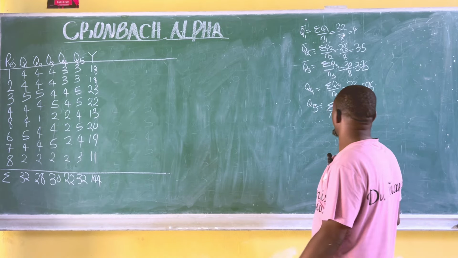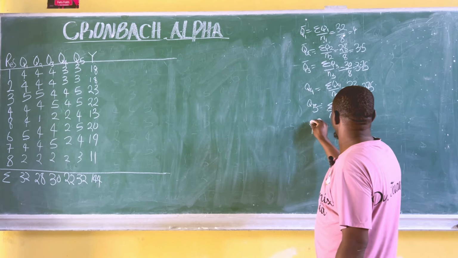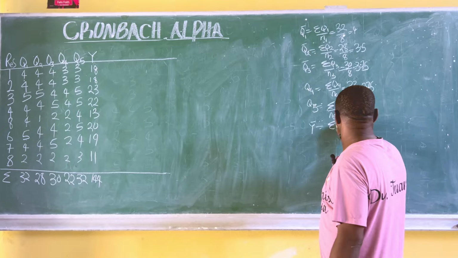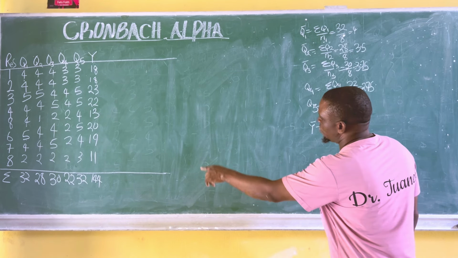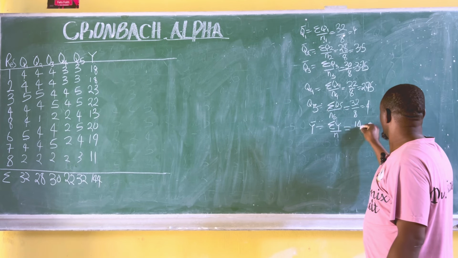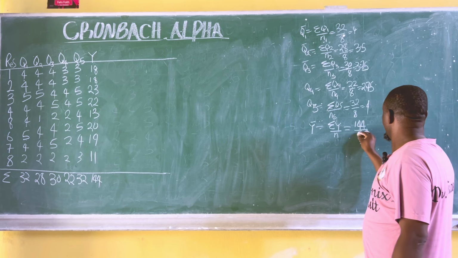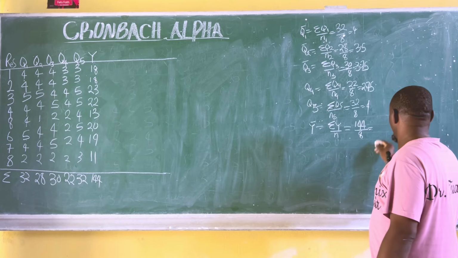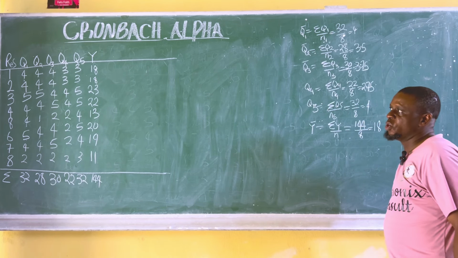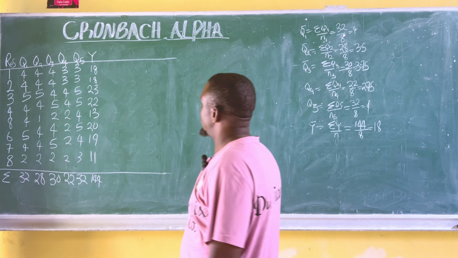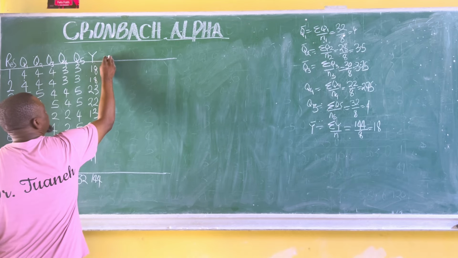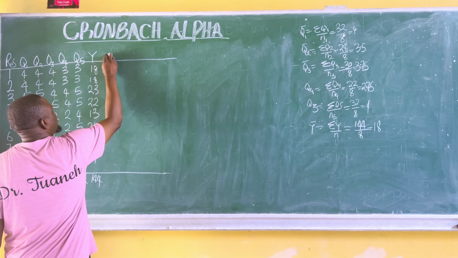Then the next thing will be our y bar. So y bar will be sum of y all over n. Our sum of y is 144, over our n, which is 8. So 144 over 8 is 18. Okay, having computed the mean of each of the items, now we are going to compute. We'll first create a